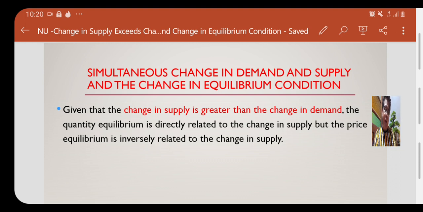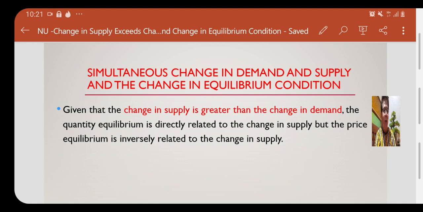In the last video, we already explored the simultaneous change in demand and supply, specifically when the change in demand exceeds the change in supply. This time, I will focus on the market condition where the change in supply exceeds the change in demand. When we say that the change in supply is greater than the change in demand,